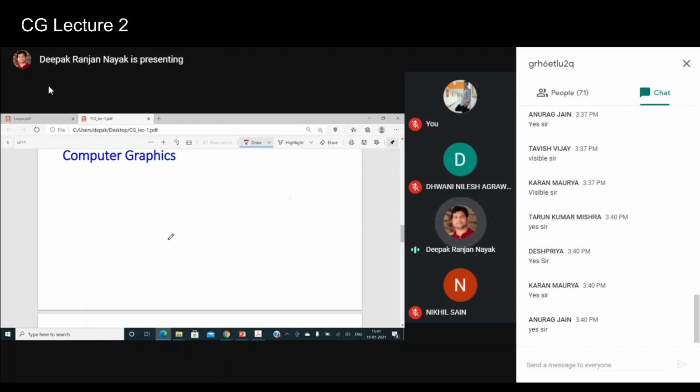So as I mentioned, the term computer graphics is composed of three different terms. We will look at computer, then graph, then pix. Graph here means the geometrical shapes. We'll be seeing different geometrical shapes throughout this course. And the last one is pix, which is called a picture, and we call the term picture an image.